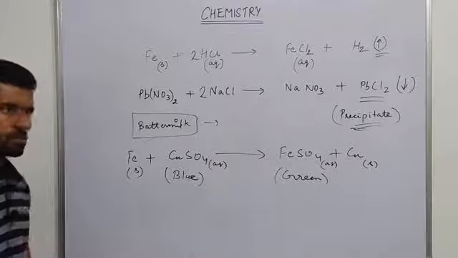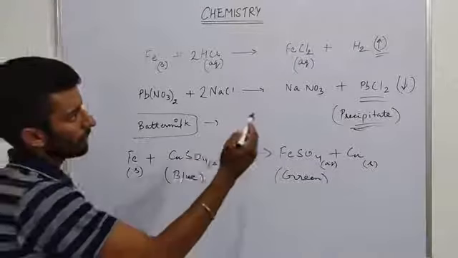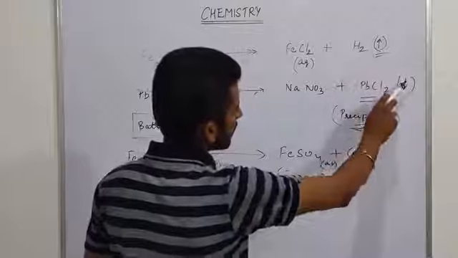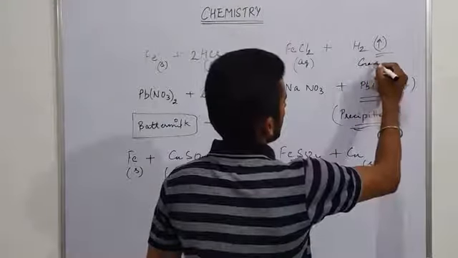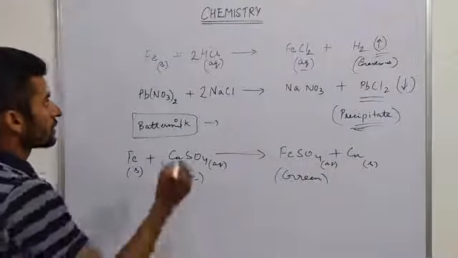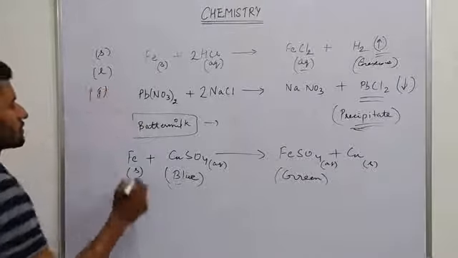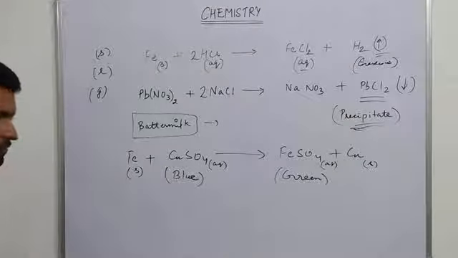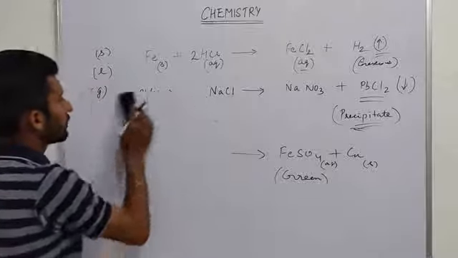First of all, always mention the temperature, pressure, then catalyst, promoter. Then you have to write upward arrow for gaseous product and downward arrow for a precipitate, and AQ for aqueous, L for liquid, S for solid, and G for gaseous substance. And also you need to write the color of the different substances which are formed or of the reactants. Clear?